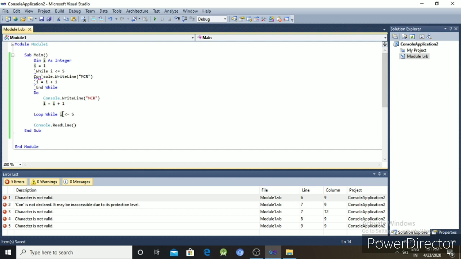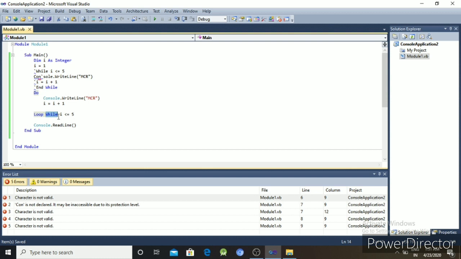You might have observed we have written the condition at the end. While is an entry control loop and do while is an exit control loop. That is the basic difference between while and do while.